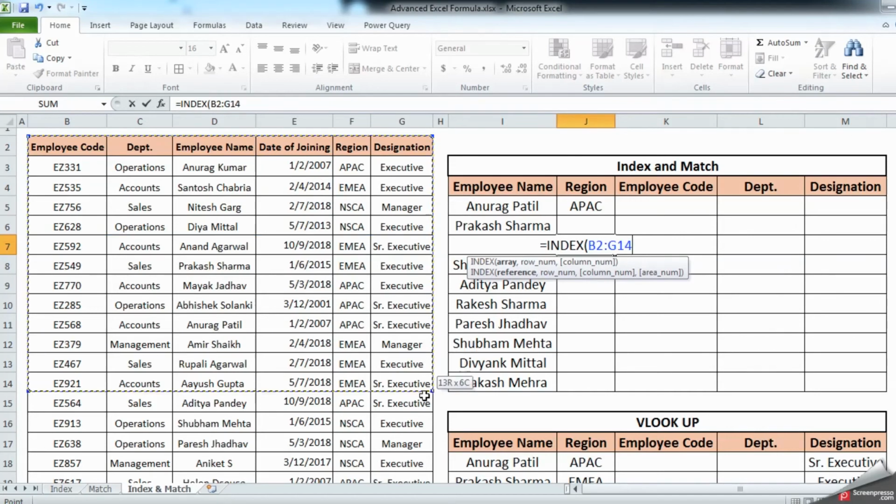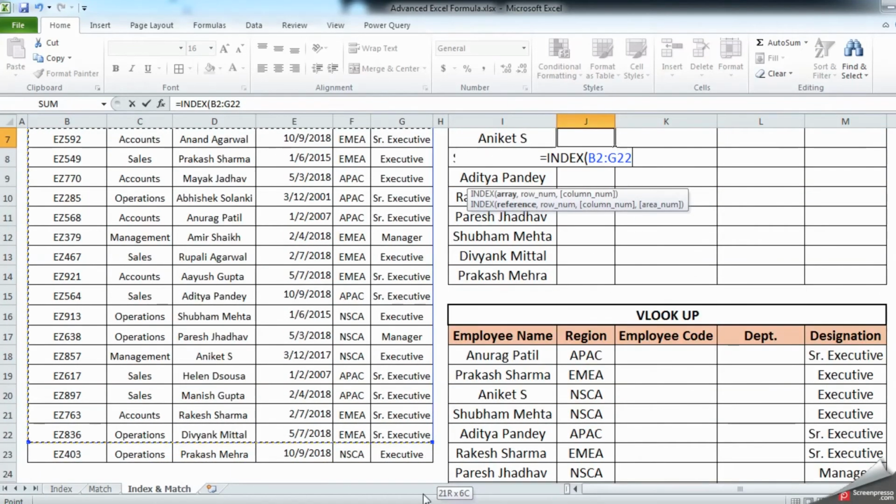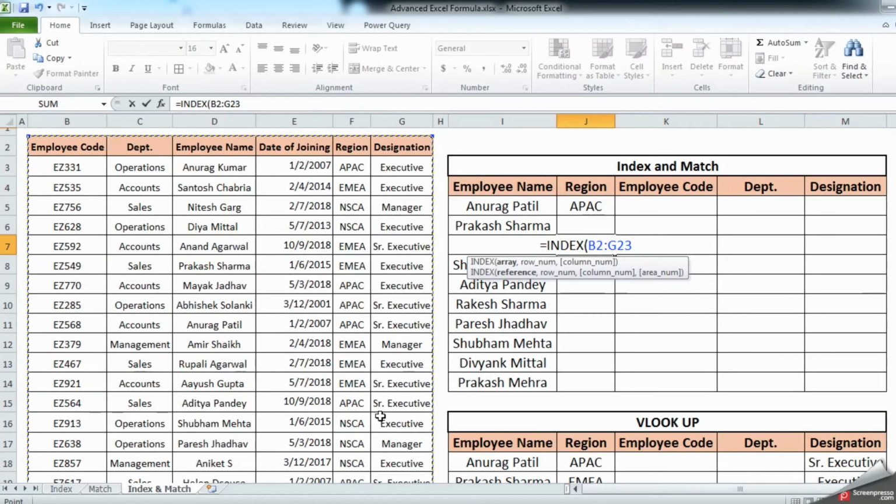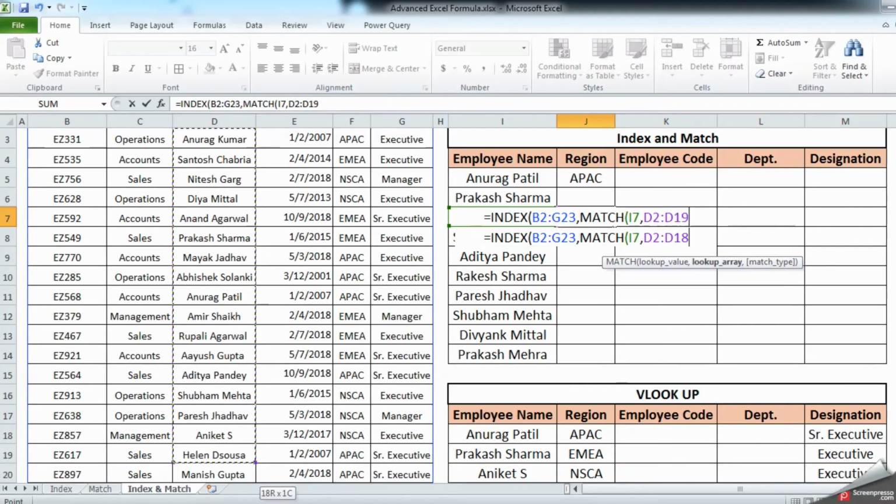So you're matching with this cell reference, which is I7, comma, lookup array. This is your lookup array, comma, 0. 0 is because we need an exact match, comma, close the bracket, comma.